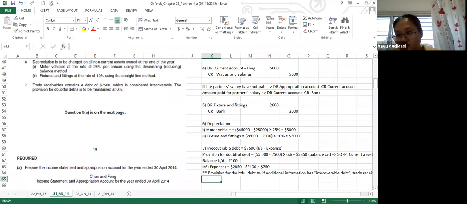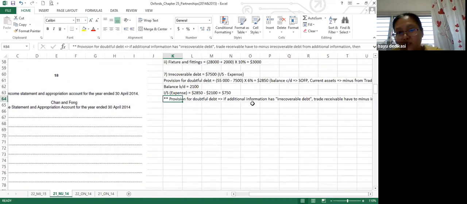Okay, so this is the information you need to take note about the provision for doubtful debt and